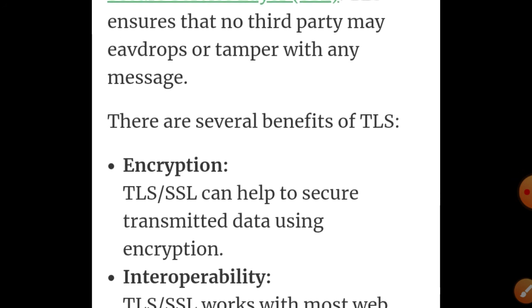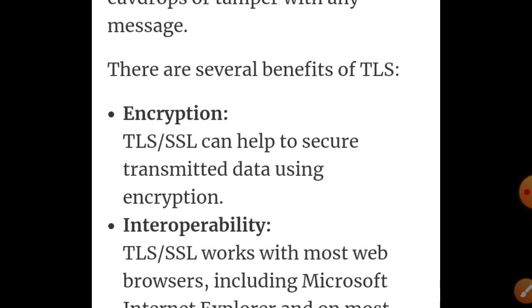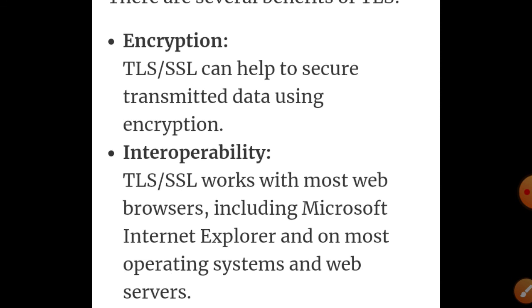There are several benefits. TLS provides encryption and tamper-resistance. TLS can help to secure transmitted data using encryption. Then interoperability: it works with most web browsers, including Microsoft Internet Explorer, on the operating system and web browsers.